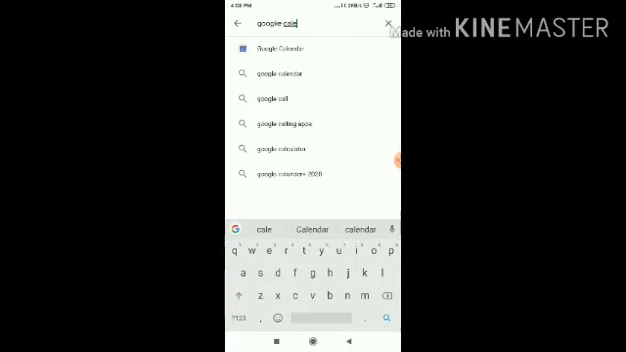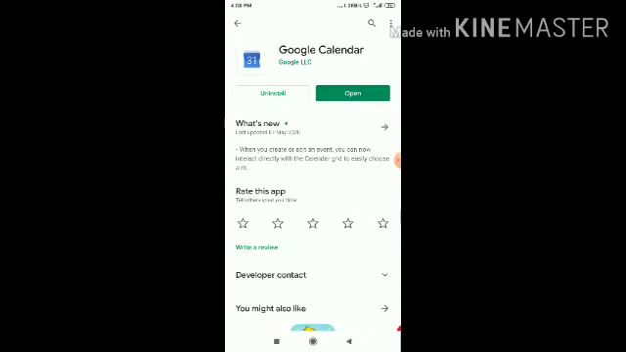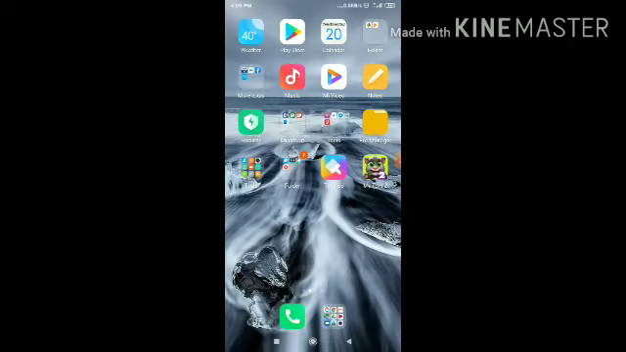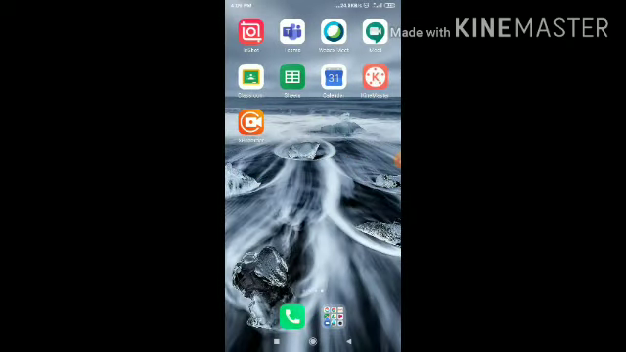Google Calendar from here, just click on this. You will get two tabs: Install. I'm not getting it because it is already installed on my mobile, and like this you just install it on your device and get started. Now I will go to Google Calendar. This is the icon of Google Calendar. I will tap on this,